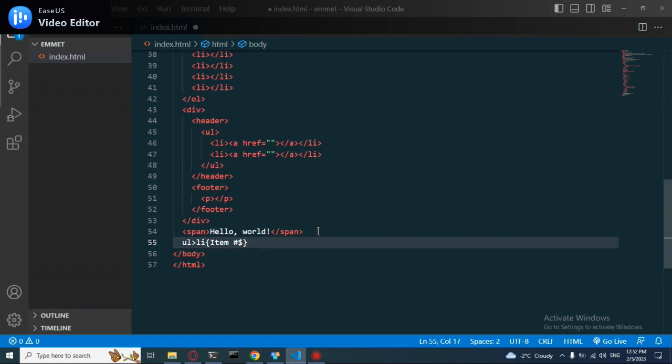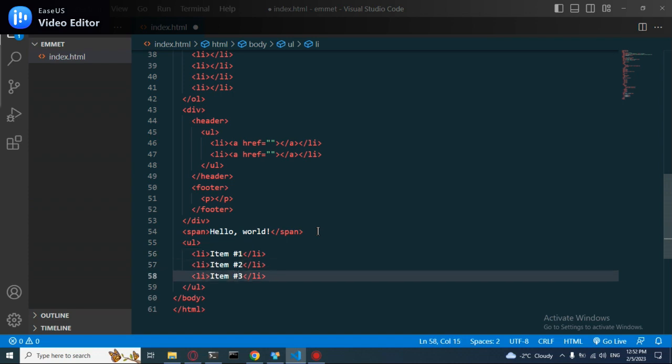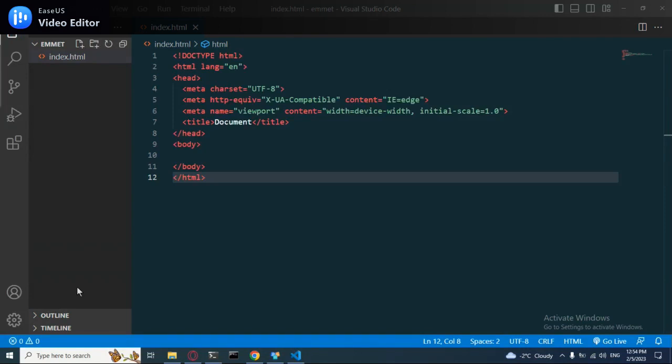The dollar sign symbol will be replaced with the number and then multiply like this. Item number 1, 2, and 3. Save this. In conclusion, Emmet makes adding boilerplate code to the application a more fun and enjoyable experience while still